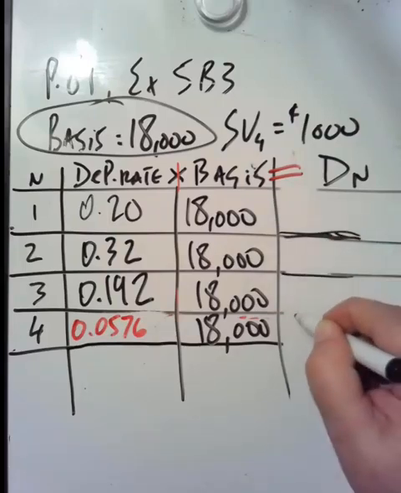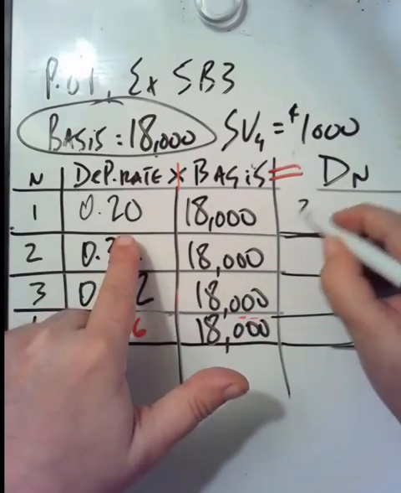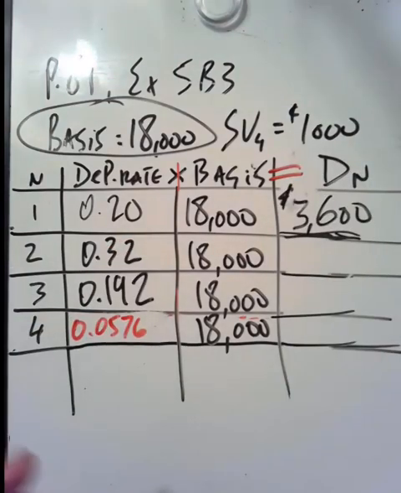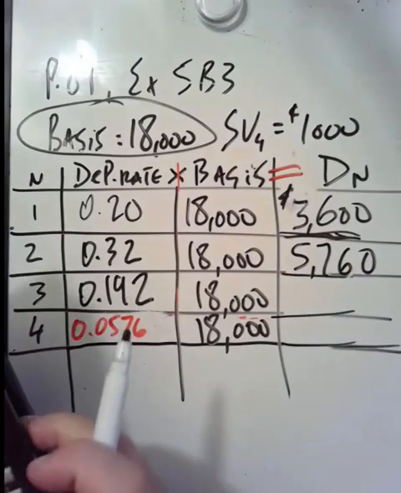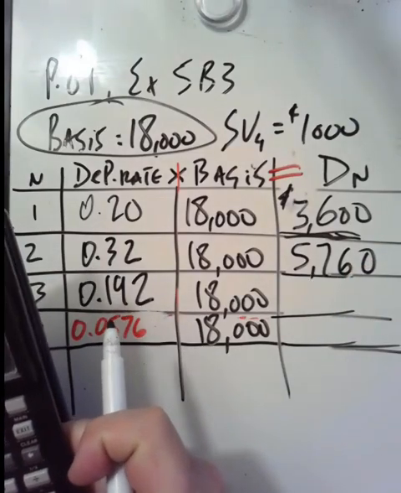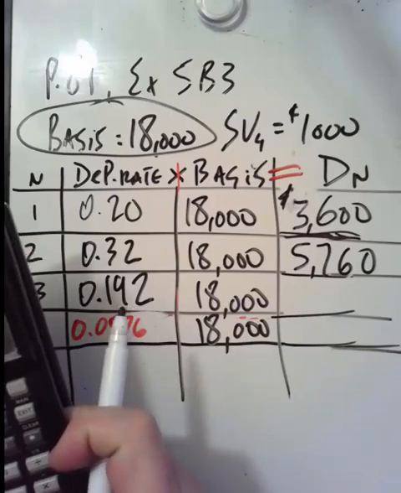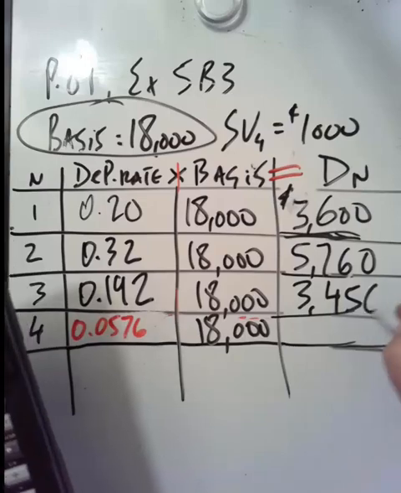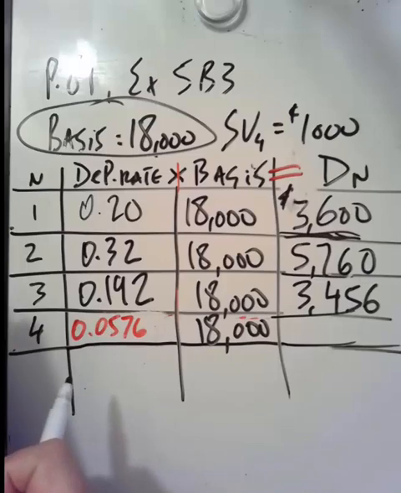So, for the first year, we can record 20% of that. So $3,600 in depreciation. For the second year, 32% of 18,000, $5,760. For the third year, 19.2% of 18,000, which is 3,456. And for the last year, 5.76%, which is